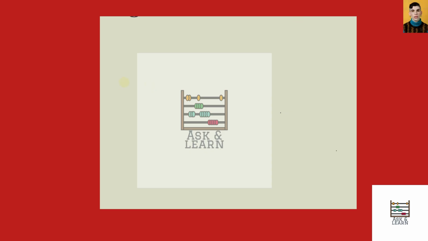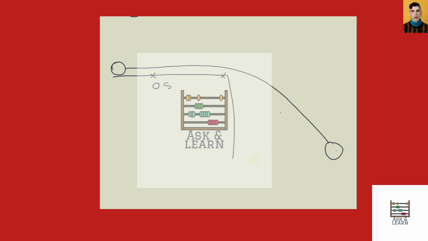Hello students, in this question what is being asked is that we have a table. So this is a table and we start from a point, let's say this point, 0.5 meters from the edge of the table. We start from some point beyond this and start rolling a toilet paper. So it starts rolling and falls down. So it reaches a point on the ground and we need to find this point,